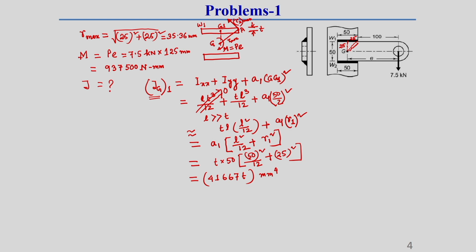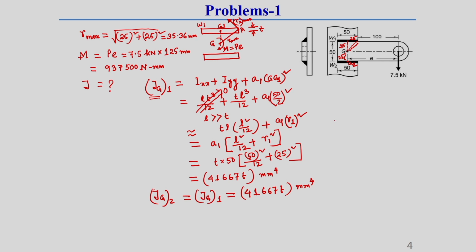Now, two symmetric welds are there. So, this upper side one similar weld and lower side another similar weld, and the distance between this lower side weld, that means weld G2, this distance also is 25. So, what happens, the polar moment of inertia Jg2 also will be same as Jg1, because both are symmetric, which is also equal to your 41667 T millimeter to the power 4.